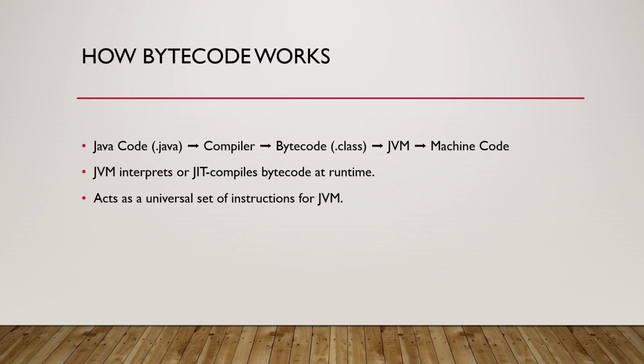Now let's look at how it all works behind the scenes. You write your Java programs in a .java file. The Java compiler converts it into bytecode, which is stored in a .class file. A JVM then takes this bytecode and either interprets it line by line or uses just-in-time compilation to make it